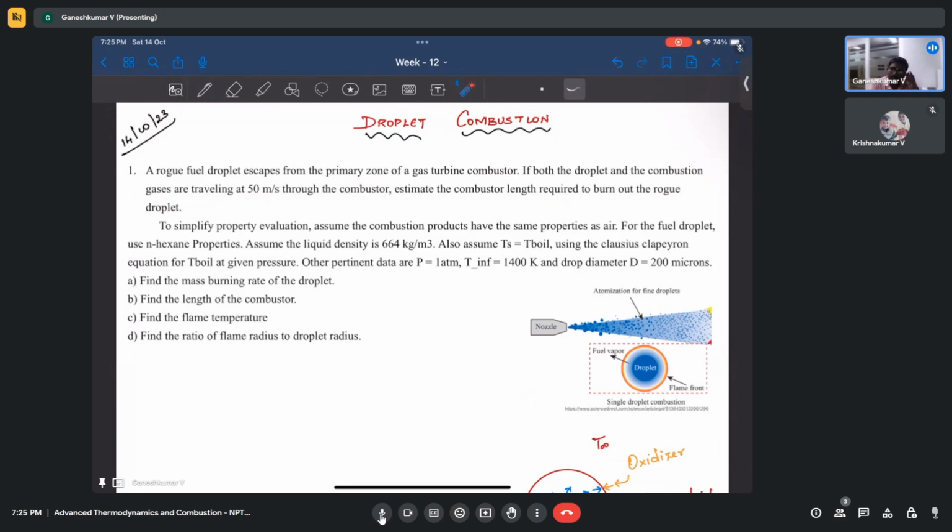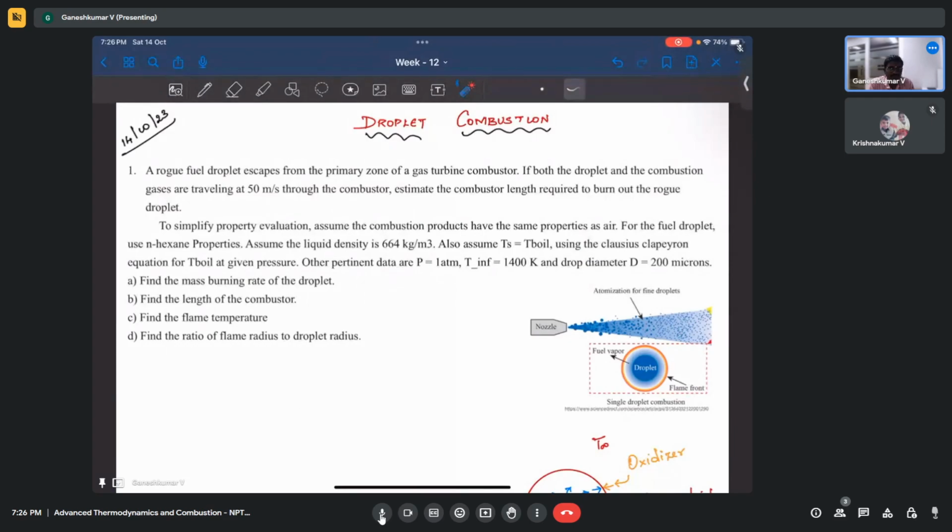So if a 2000 to 2200 Kelvin droplet goes and hits the turbine, it's going to be a real problem. It might melt the turbine blades. So you want all the droplets to burn inside, and it also affects the emissions, because you will be leaving hydrocarbons outside the combustor to the environment. In addition, you will lose performance. Some amount of mass with that much heating value, chemical energy, is just going out of the combustor. That much energy you lost, so efficiency is lost.